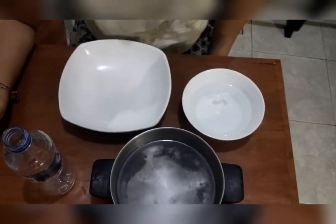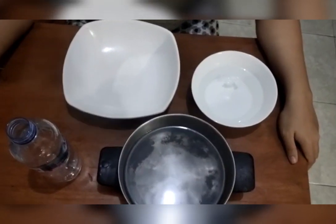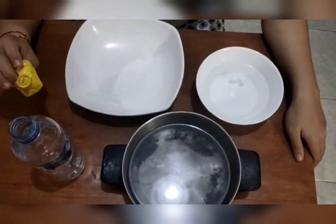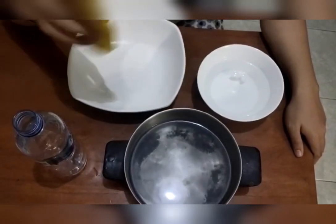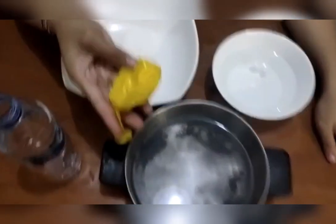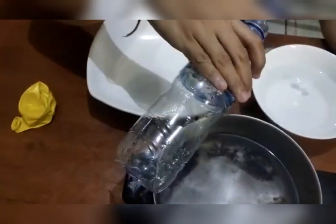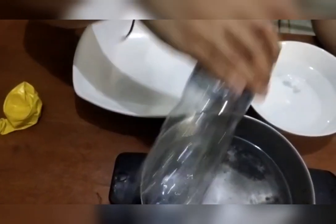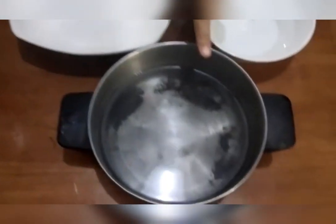Okay, now KGB, it's time for a science experiment. So we're going to make a little experiment. You must prepare a balloon, just one balloon, and then an empty plastic bottle, and hot water and cold water